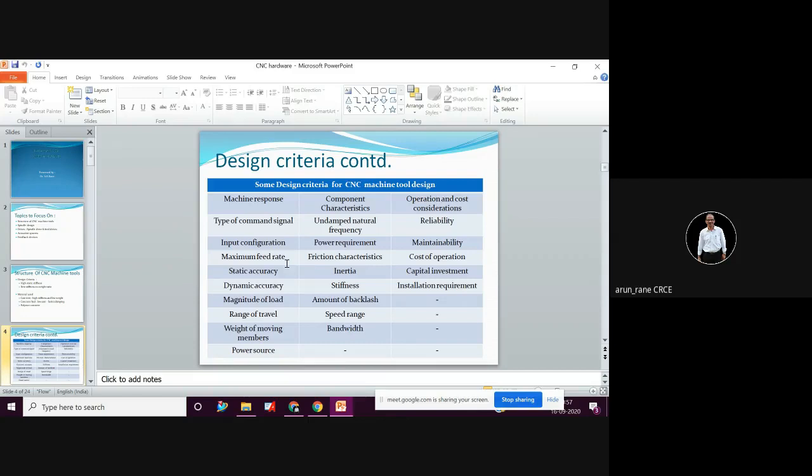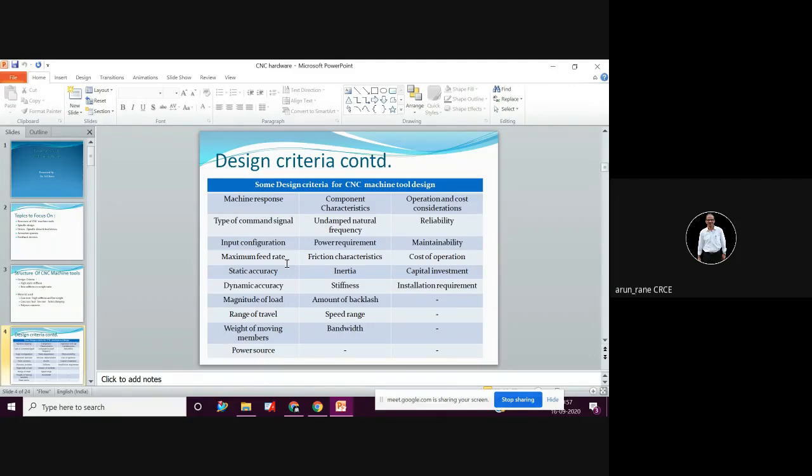Maximum feed rate. See, nowadays we are talking about maximum velocity. Earlier it was maximum depth of cut. See, the technology changes. Earlier, how was it for us? Give a 5 mm cut, give a 10 mm cut, somebody will come and say, I gave a 50 mm cut, 50 mm. But nowadays you give only 1 mm. Take smaller bites, cut faster.